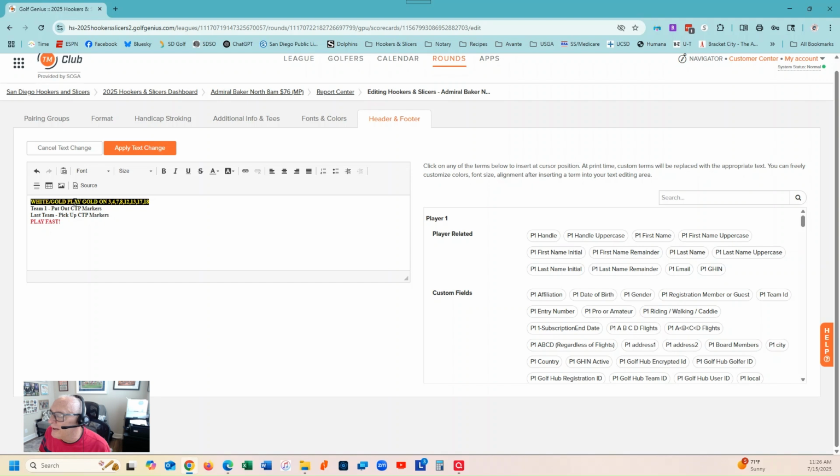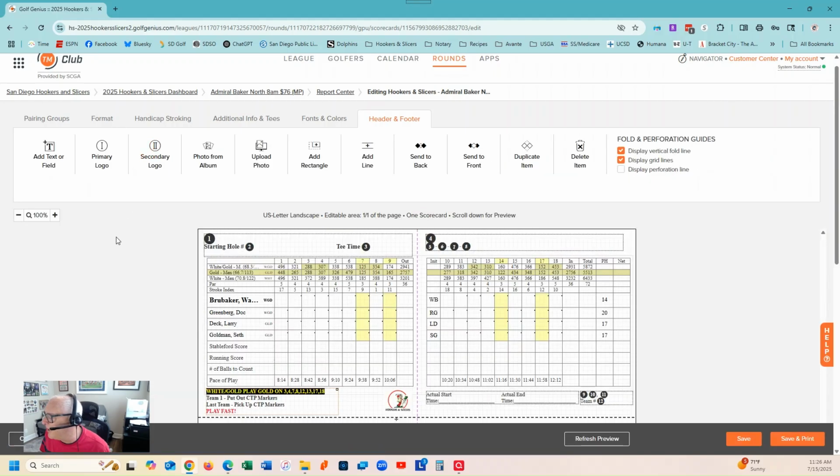that. Here on Admiral Baker, because we do the white gold, we also do the directions as to which holes the players who are playing from the standard tee move forward to the gold. But that's the only course where that applies. So we're going to say we're going to apply that text change, and that's what that'll look like. There's one other thing you want to do here when you're on the